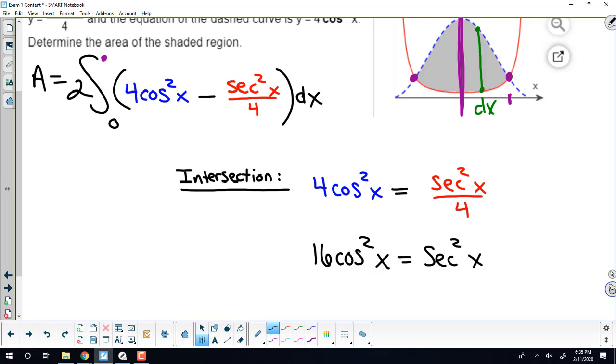We could use that. Is it 1 minus tangent squared is equal to secant squared? Yeah, 1 plus tangent squared equals secant squared. And then you can turn tangent to cosine, so